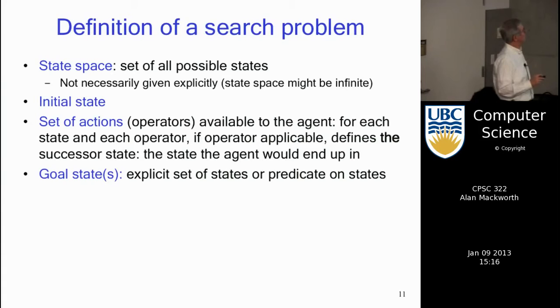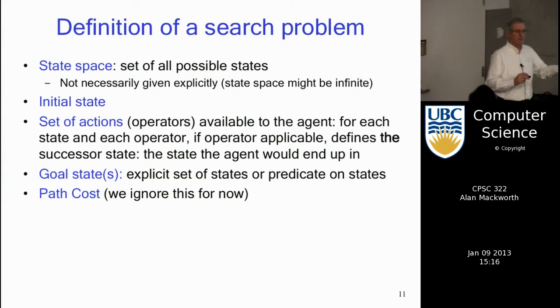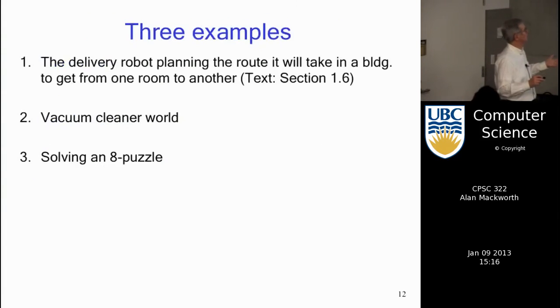Again, let's assume that for now, explicit set of states. And we're going to worry later about the path cost. Some actions may be more expensive than others, and we'd like the cheapest possible solution, the cheapest plan, by summing up all the costs of all the different operators. But let's assume for now all the operators cost 1 unit, and we just want the shortest